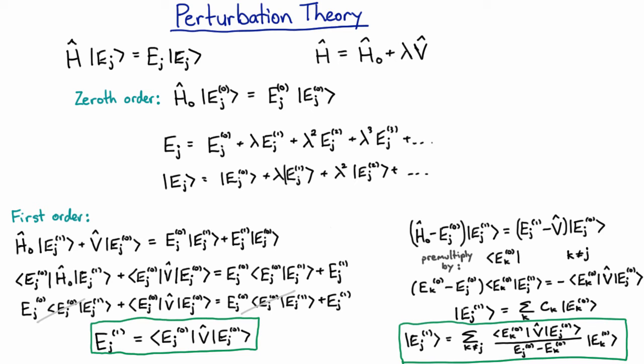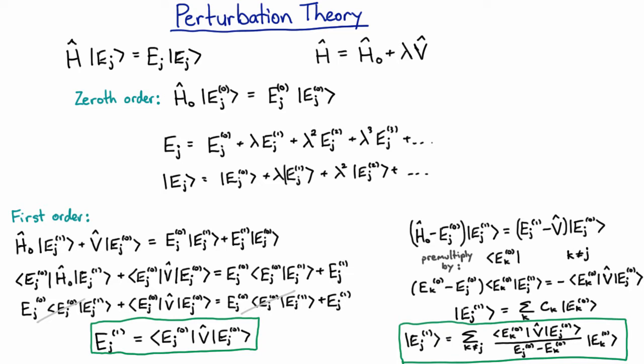So we just looked at how to find the eigenstates and eigenvalues of a Hamiltonian that's a lot like a Hamiltonian that we know the solution to, but has an extra term added on. If that extra term is small and has a small effect, then we can get useful results out of expanding out our eigenstates and eigenvalues in terms of that small parameter and just taking the first few orders, possibly even the first order. So we found the first order change in the energies and the eigenstates, and that's often enough,